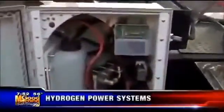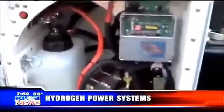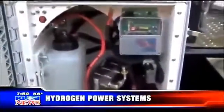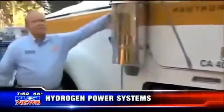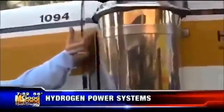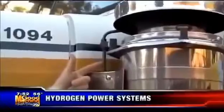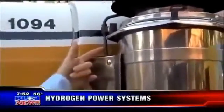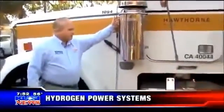Tell us a little bit about what we have here, and what was your whole premise on doing this for the trucking industry? The whole idea was to reduce fuel consumption and give the engines a little bit more power so that they can reduce their fuel costs. Basically, we simply add water to this system, and it creates a hydrogen vapor, which we inject into the system on the truck. The only change we make to the truck is a little pipe right into the air cleaner. So it meets all emissions, even though this truck doesn't have to get smog. If you were to put this on a small vehicle, it doesn't tamper with any of your California emission laws. None whatsoever. This is approved for sale in California on all light, heavy-duty, and medium diesel trucks on the